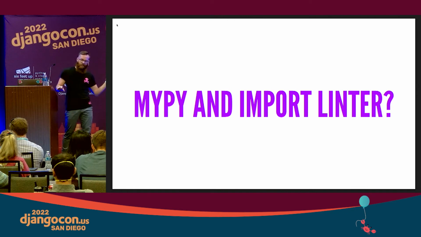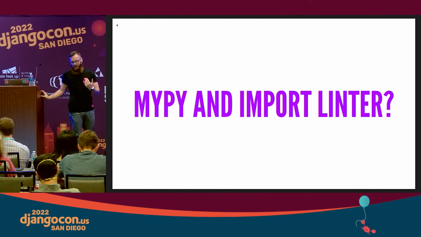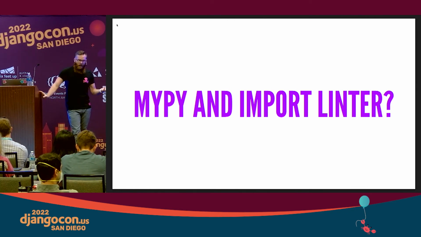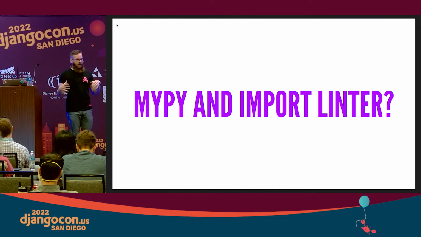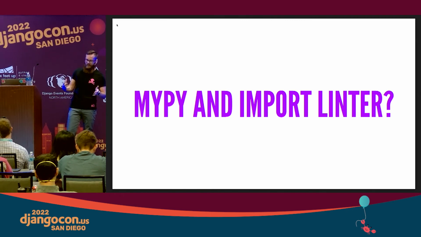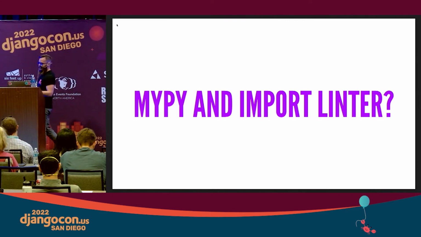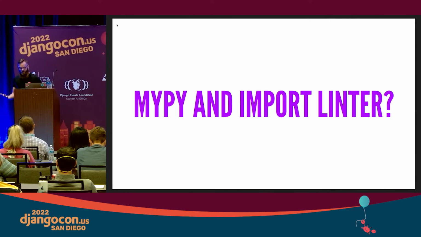You might notice that I mentioned MyPy and import linter and fixit. We didn't run those. MyPy is really advanced, and it has to do a lot of stuff. Import linter also has to do a lot of stuff. Both of these are just too slow at the size that Kraken is to run as a pre-commit hook. So that is a downside of the way we do things. We can't really lint those in the pre-commit hook because, again, it would take minutes and minutes.